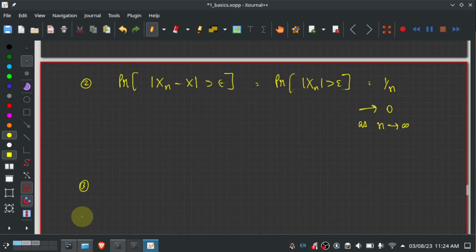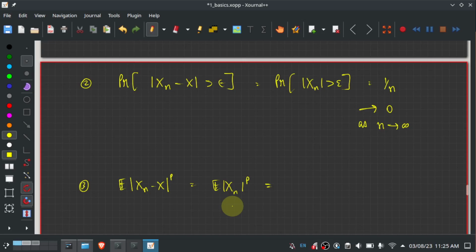So it indeed converges in this particular sense. What about, let's say, mean squared sets? So what about the expectation of mod xn minus x to the power of p? Or in other words, the expectation of xn to the power of p for some p greater than or equal to 1.